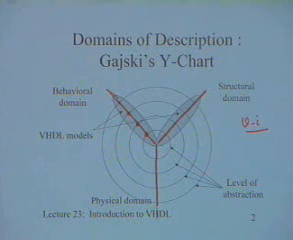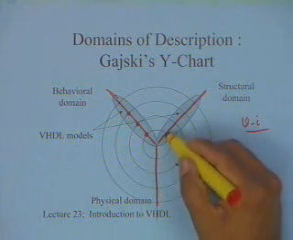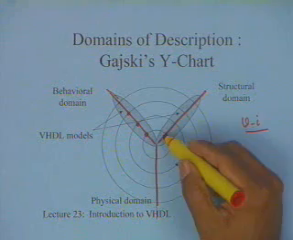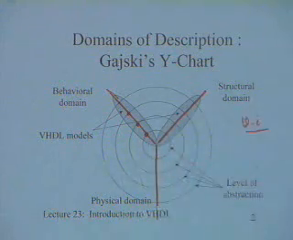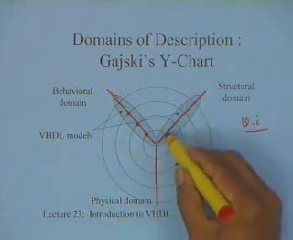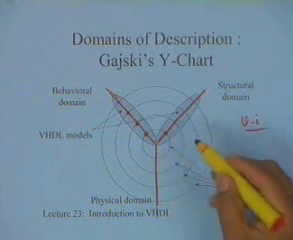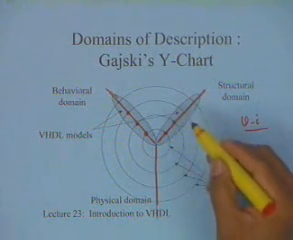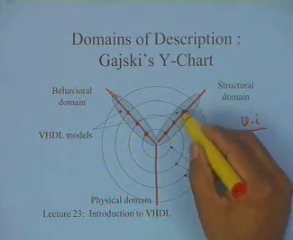There is an equivalent structural domain. You could be talking of how many transistors are there, how they are interconnected, which base is connected to which drain, and so on. So that could be interconnection at the transistor level, interconnection at the gate level, interconnection at the RTL